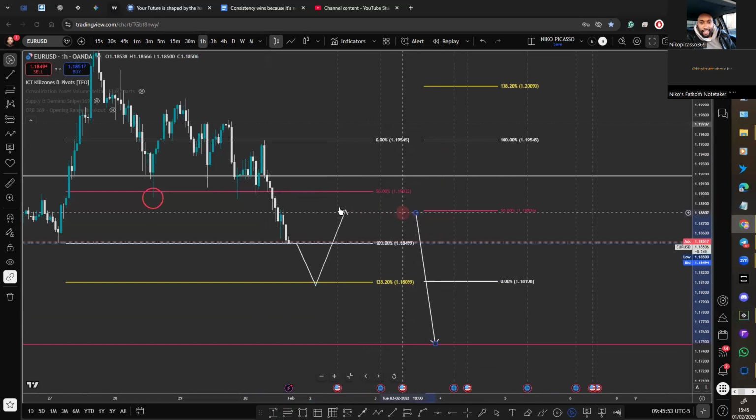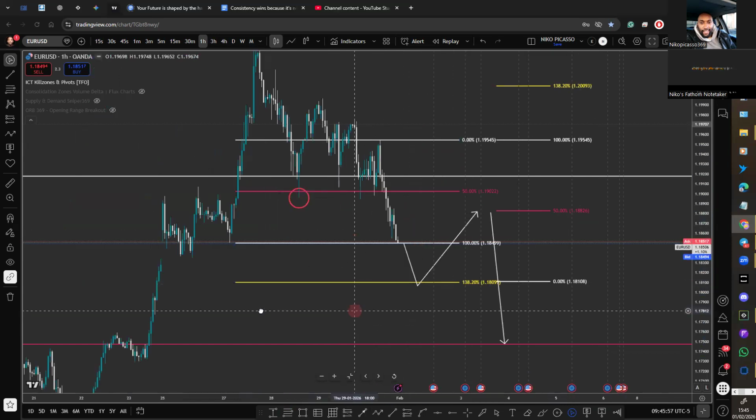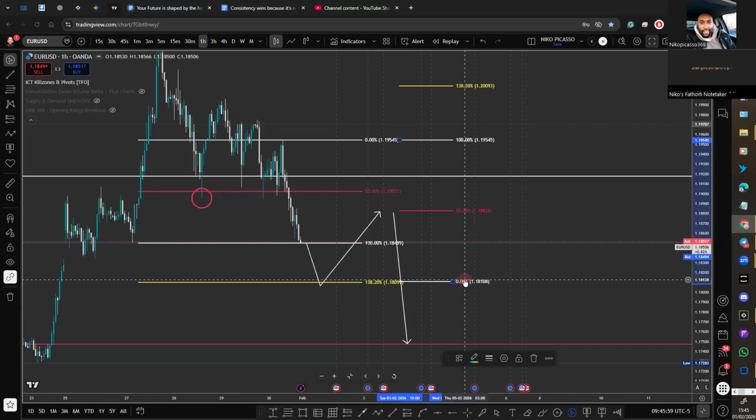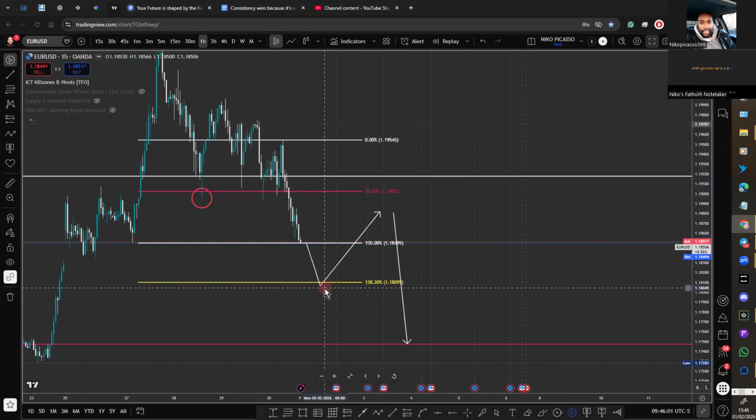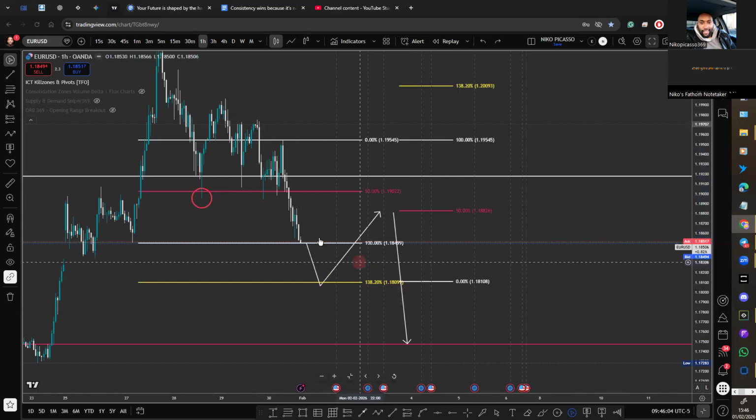So that would be the idea for Euro USD. Okay, so this is what we are looking at right now. So maybe another 38 pip drop, grab all this liquidity, then pull back towards this area of interest, and then